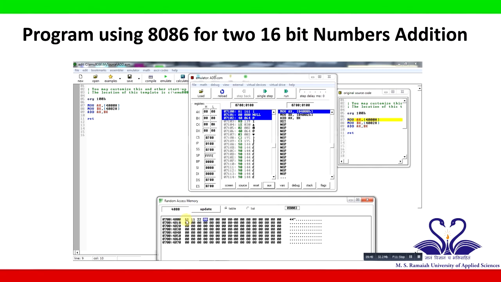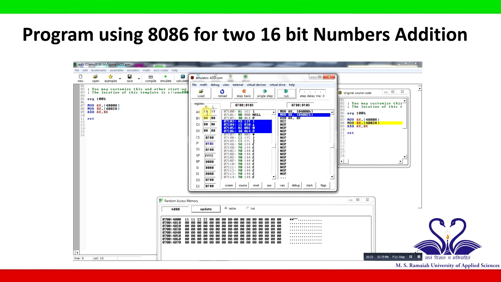The 4000 and 4001 memory locations contain 1111 as their values. The 4002 and 4003 memory locations contain 2222 as their values.